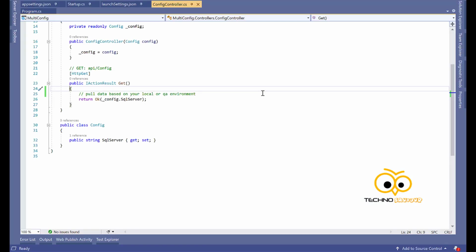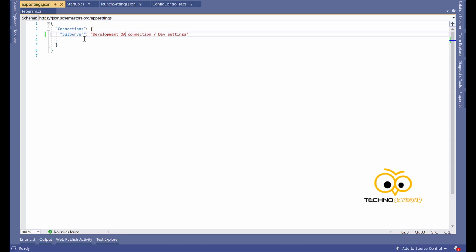So now let's come to the solution. Is there any way that we can manipulate all these things without changing the app settings continuously? Rather, have some kind of a configuration variable, and based on that we will pick up the app settings at runtime. So first thing, we need to remove these connections from here, which are dependent on environment. The common configurations can be kept at this level.